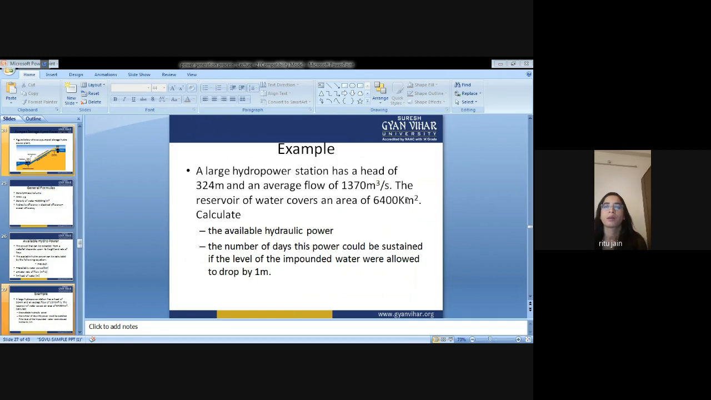If the height is given and the average flow of water is given, how will you calculate the